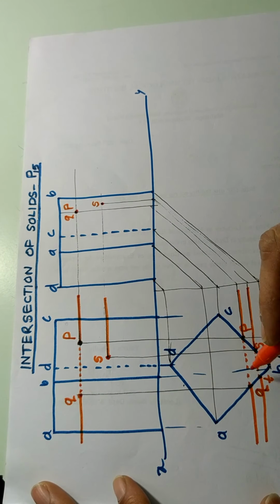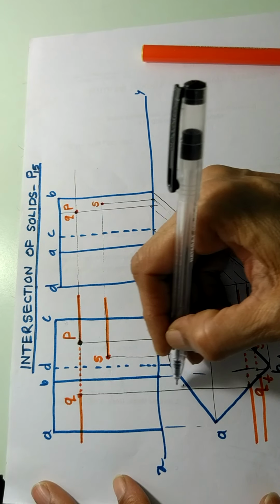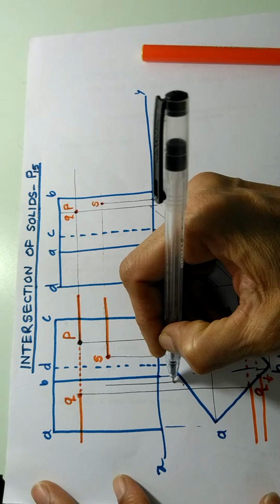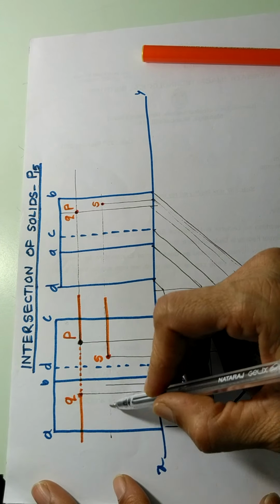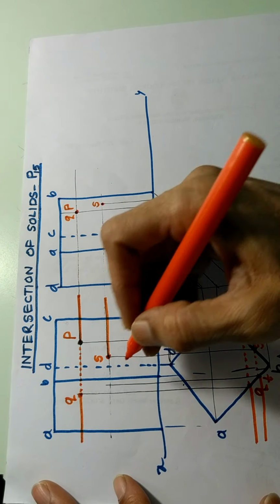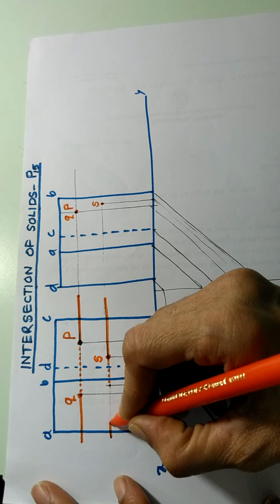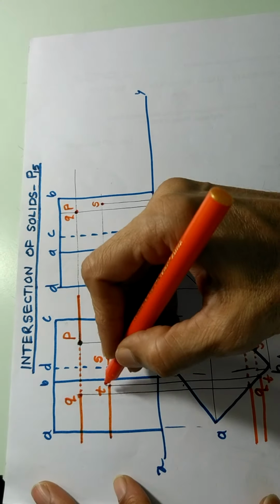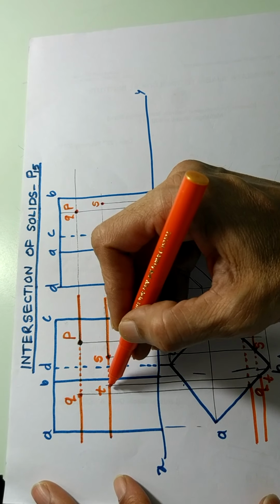So where is that point T? For point T, we have to project this point because T will be in this line only. It will not be here and there. So we project this point upwards, and here also we draw like this, so that we can definitely say that this line will come out of the prism from this point, which is point T. So the line has gone inside the prism and then it has come out of the prism from this point.